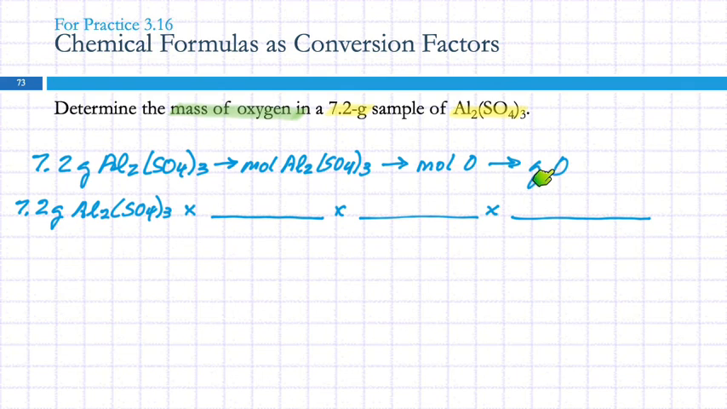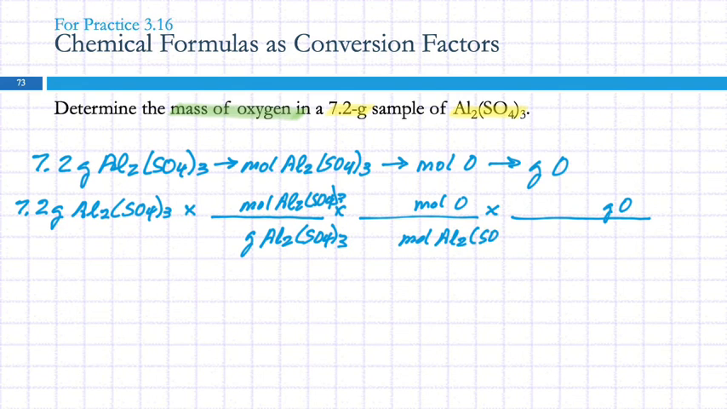So I wrote out the path. I'm just going to copy that down. So moles of aluminum sulfate. And I agree with you, it's very tedious writing out that formula. Moles of oxygen, grams of oxygen, but it just has to be done. So down here we have grams of Al2(SO4)3, and here we have moles of Al2(SO4)3, and down here, thankfully, is just moles of oxygen. And our units are canceling out the way we